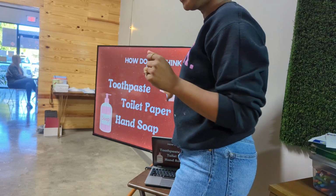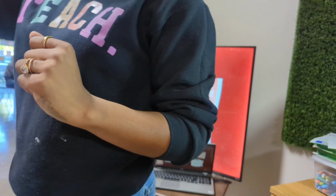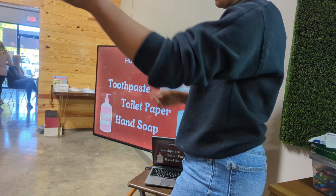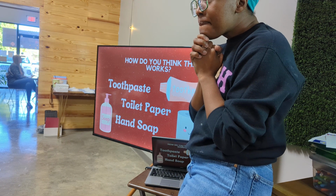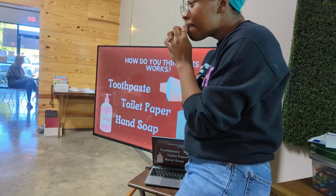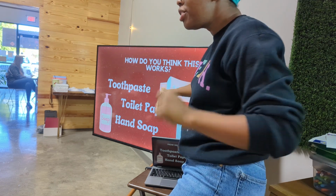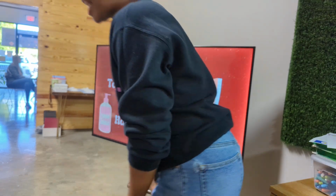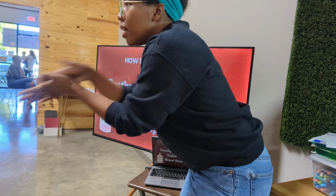Toothpaste, what characteristic do you think? Oh, wait, Lily. You think it's gooey? All right, so like a binder, right? It holds it together. Avery. A thickener, yeah, okay. Makes things soft. Not quite for the toothpaste, but what else? Why are we using toothpaste, guys? To clean your teeth. Clean. And what was the characteristic that I said would